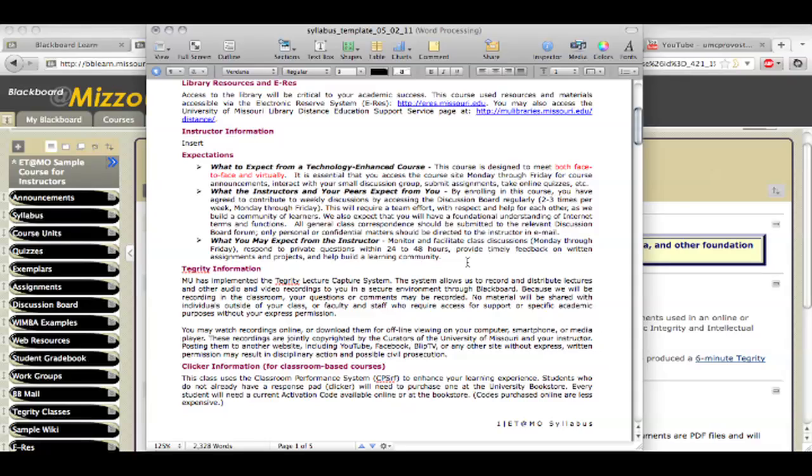It's very easy to set up expectations for your students, but something that a lot of instructors don't do is set up expectations for themselves, for the students to have of them, which is a good idea. You want to give your students clear indications of what they can expect from you, because particularly when you're teaching a web-assisted course or a fully online course, if you don't lay out exactly what your students can expect of you, then it's difficult to control what